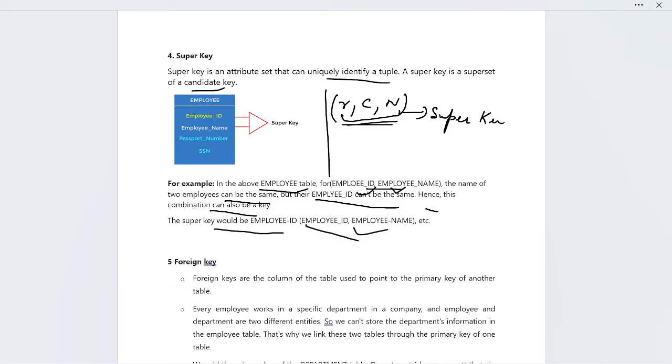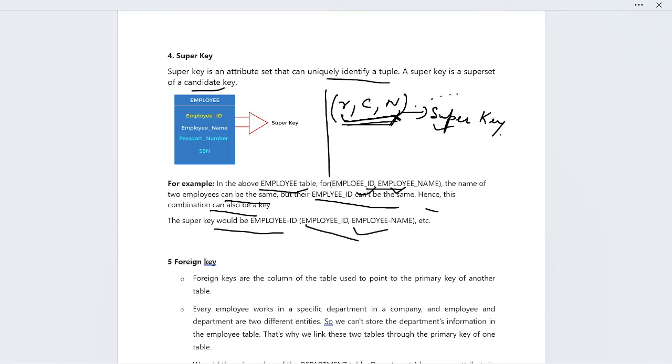Let's suppose there are other columns in the table as well, but we have these three in combination, and that is a super key. So if we remove N from the RCN super key,